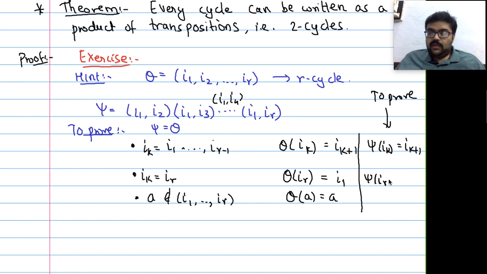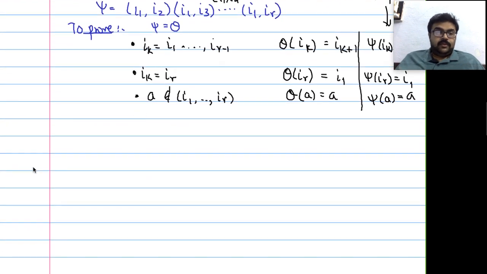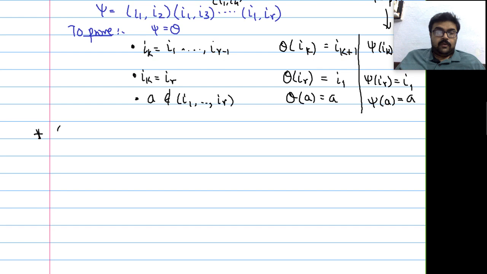So in this one, theta I psi IR equals I1, and here if A is none of this, IP, then I1, I2, IR, it is none of this, then psi of A is also A. So the product is the same as theta, an R cycle. So this is the general result which I ask you. And as a corollary, finally, if I combine these two results,